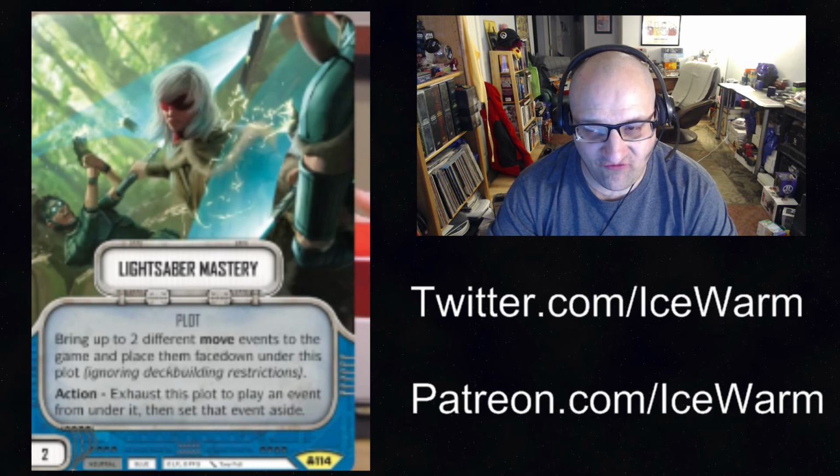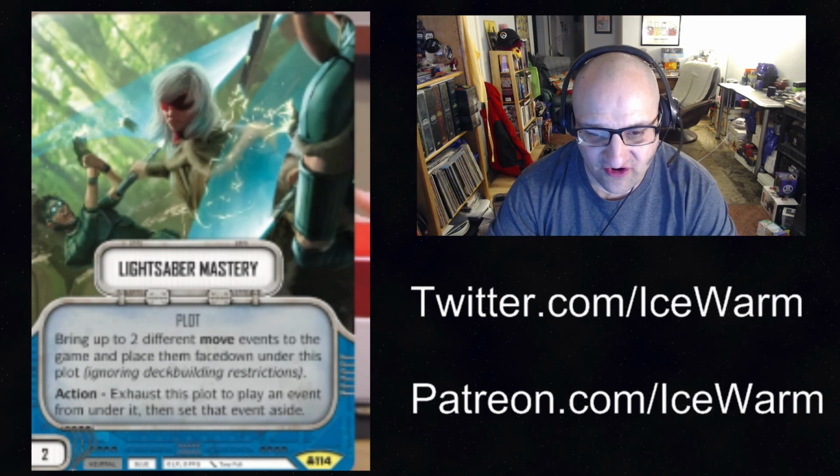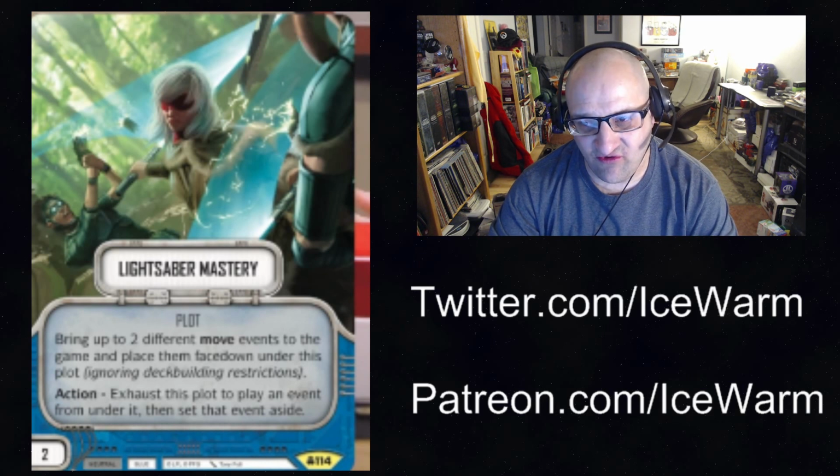But we might have blue hero ones, blue villain ones. So if you're using this plot in a hero deck, you will have access to blue villain move cards potentially, or vice versa. If you're playing a hero deck, you can use villain. If you're playing a villain deck, you can use hero moves. So then, as an action, you exhaust it, you use that event,